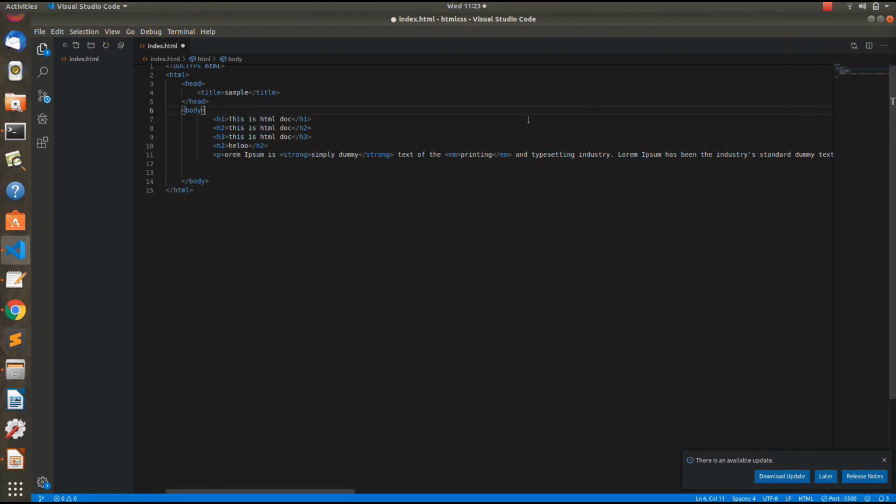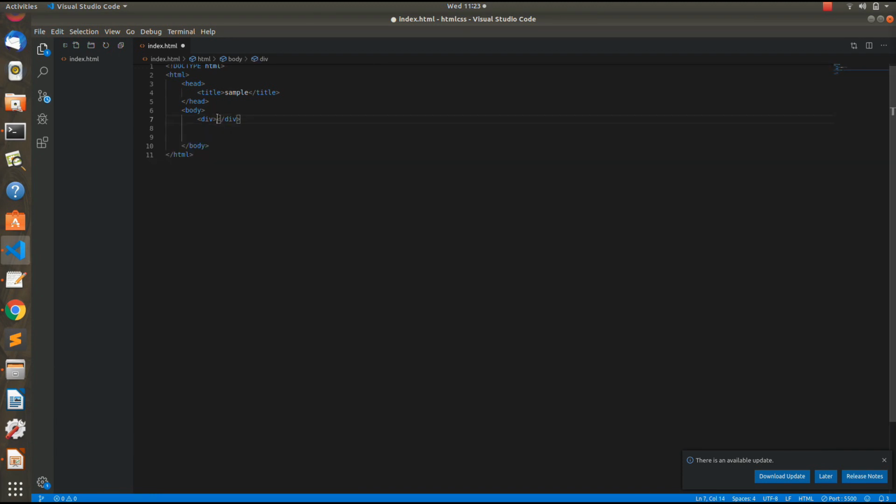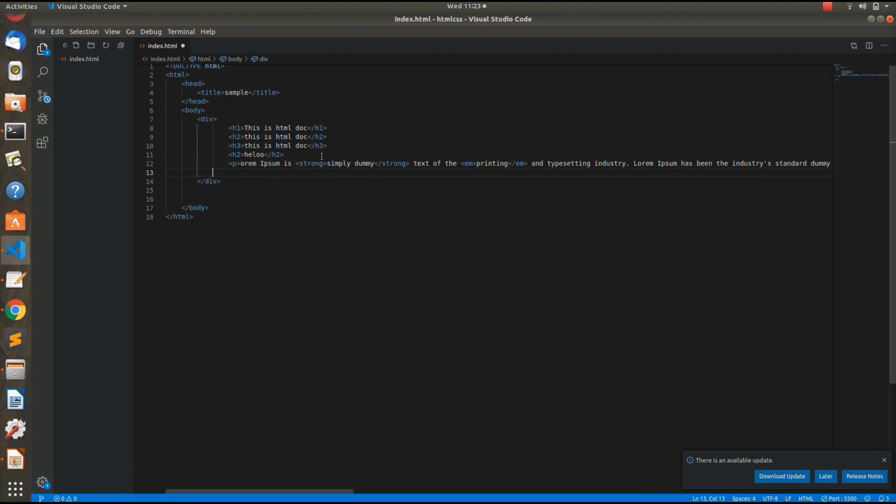So, for example, if I want to style them together, I would first enclose them in the div tag like this. So, I have enclosed them in the div tag. And now if I apply the style to this div tag, it would be applied to all the other tags. I am increasing their font size to 60 pixels.